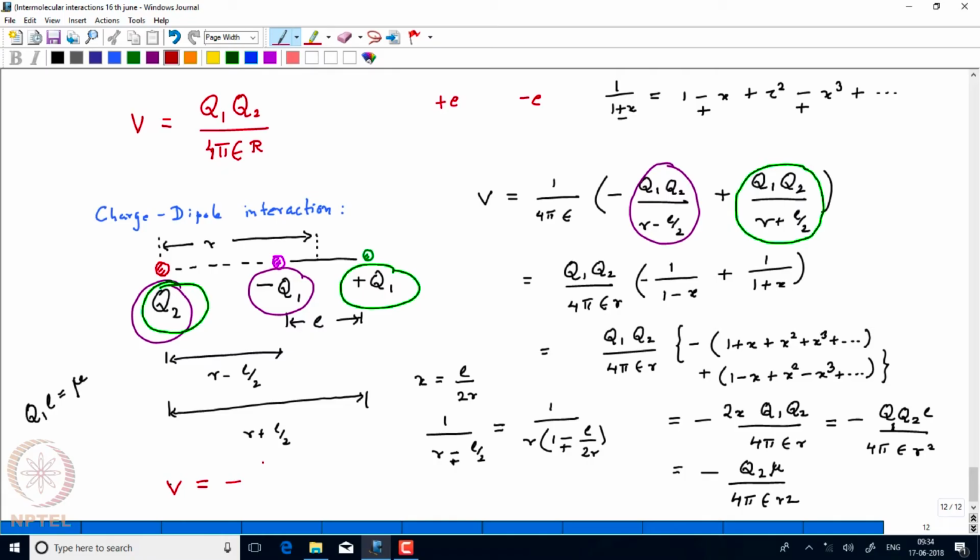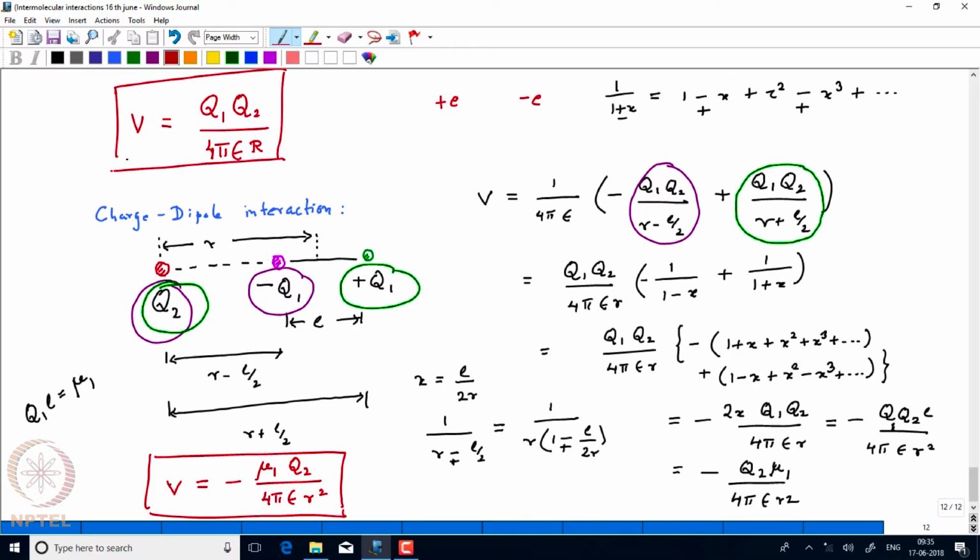Instead of writing it as mu, I can actually write it as mu 1, because mu 1 denotes the dipole due to charges plus q1 and minus q1. So, I am just using the mu 1 notation for that. So, we will have overall minus mu 1 into q2 divided by 4 pi epsilon into r square. So, this will be the interaction for a dipole with a charge, like we had an interaction between the two